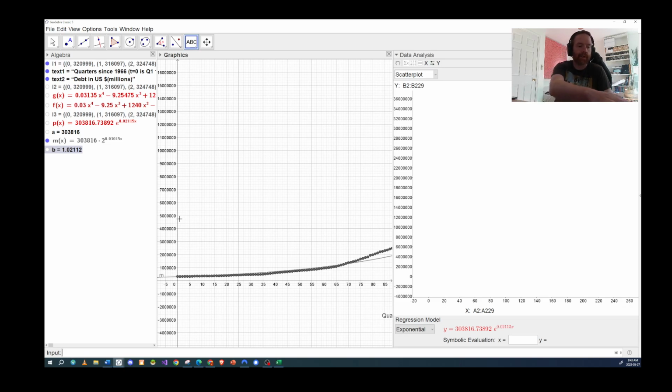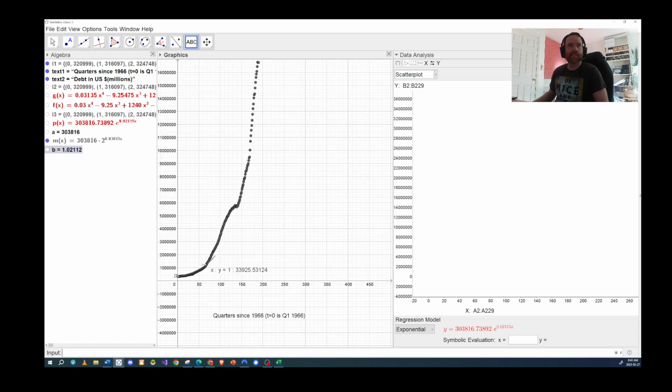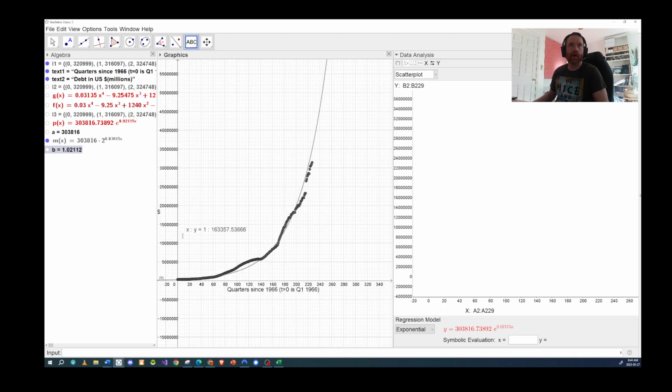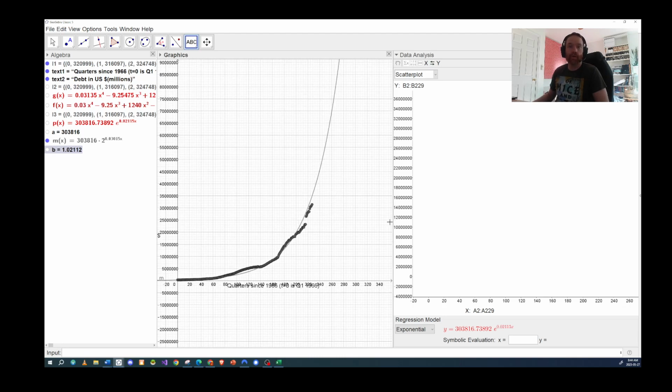Now, nobody is going to be that worried about something that's going up by 2%. It doesn't seem that big a deal, right? And yet, taken over enough time, this is a huge deal. It's absolutely staggering how big this number is and how big it will continue to get, unless something is changed. You might have seen in the news some of the arguments about the debt ceiling and so on, and this might help us understand that situation a bit better. I don't have an opinion for the record about that. I don't know enough about it, but